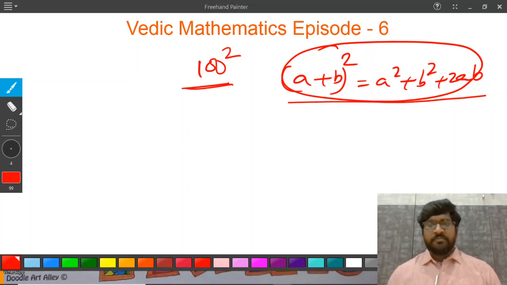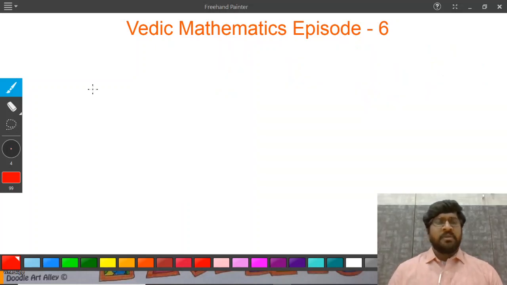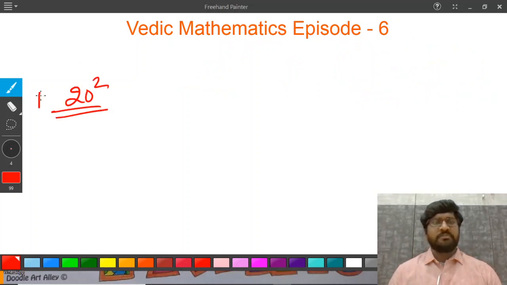Let's start. I hope you all know squares up to 20. So I am not focusing on squares from 1 to 20 because you are all aware of those and you must know squares up to 20. Now after that, if you want to find the square of any number, let's say I am trying to find 34 square.